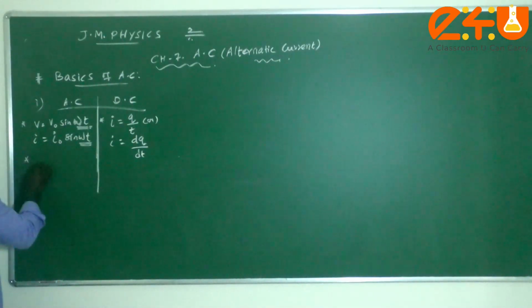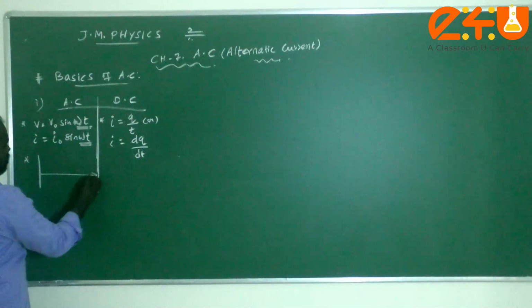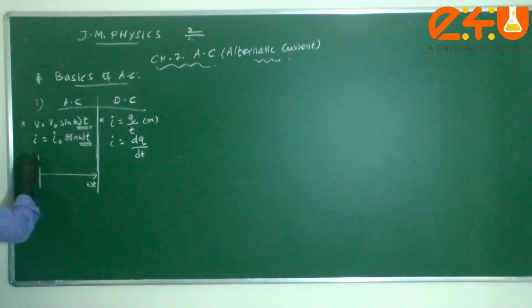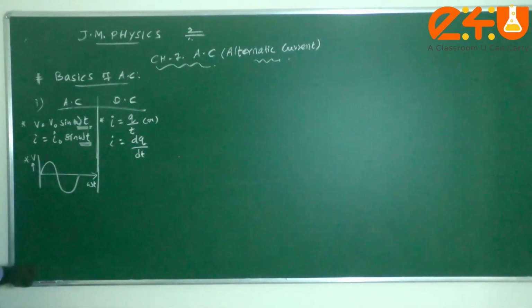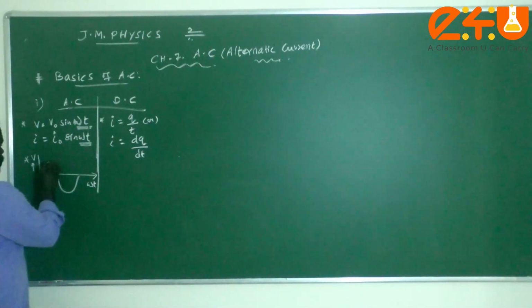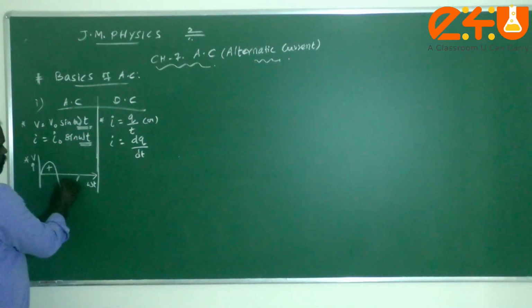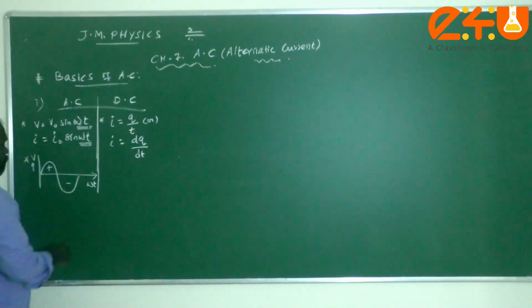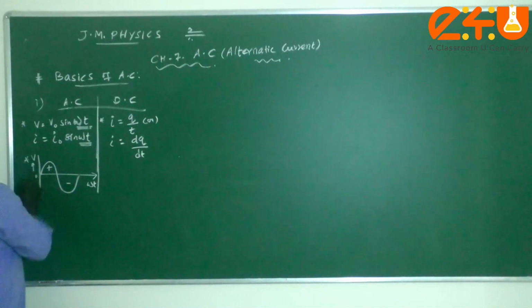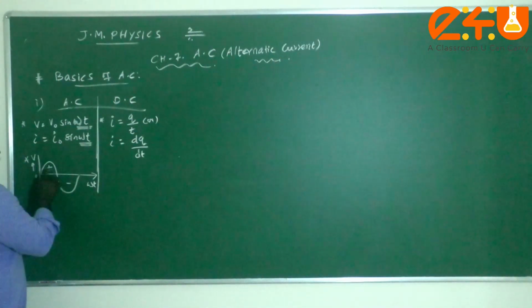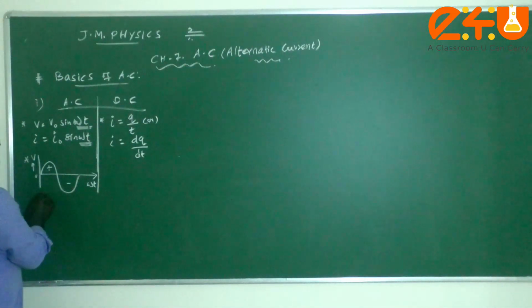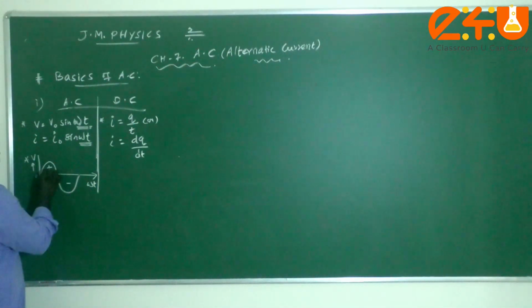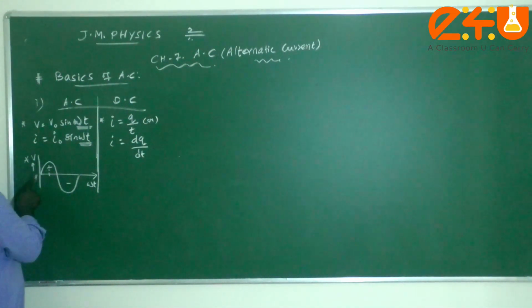The second point is the graphical representation of this voltage or current variation. So this is either voltage or current. The sine function curve, we know that it looks like this. Sometimes it is in the positive region and sometimes that value is in the negative region. Please try to understand, children, this is called one wave. This is called what, children? One wave.